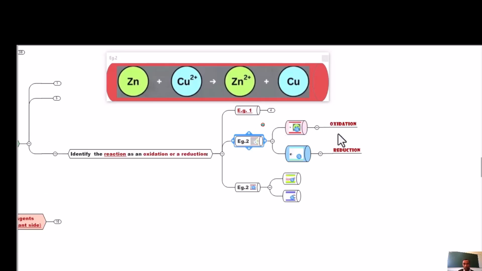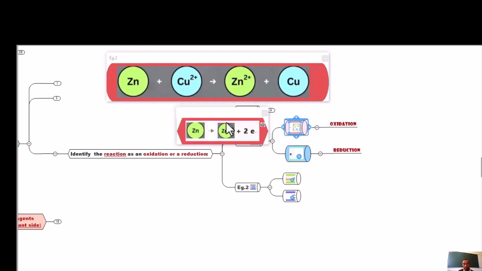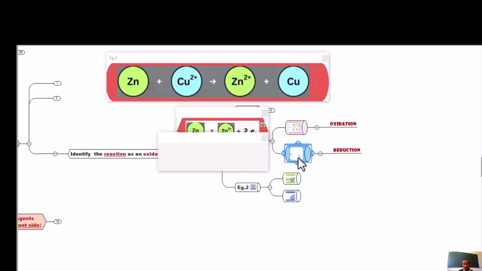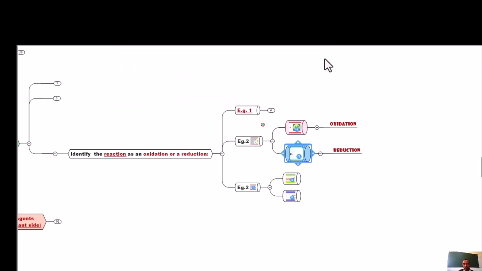1. Oxidation reaction. The oxidation reaction is from zinc to zinc 2 plus. There is an increase in oxidation number from 0 to +2, and the reduction one is from copper 2 plus to copper, because there is a decrease in the oxidation number. Similarly, for example 3,